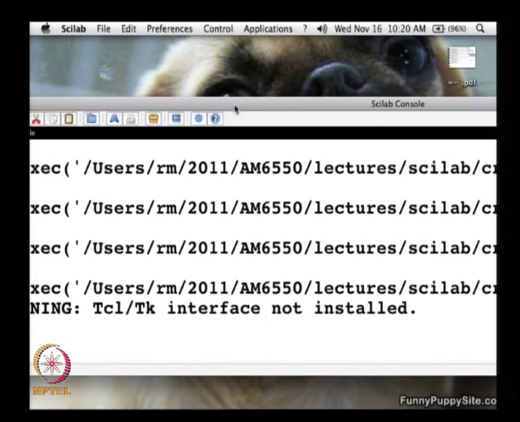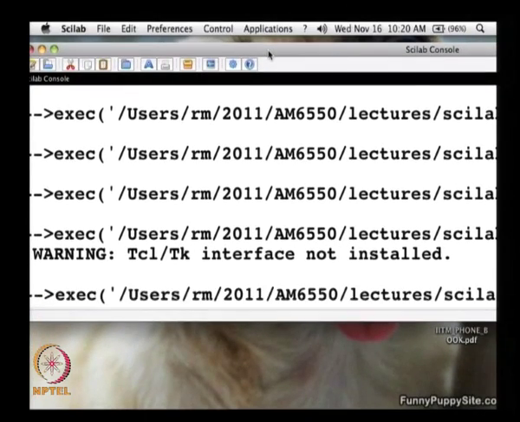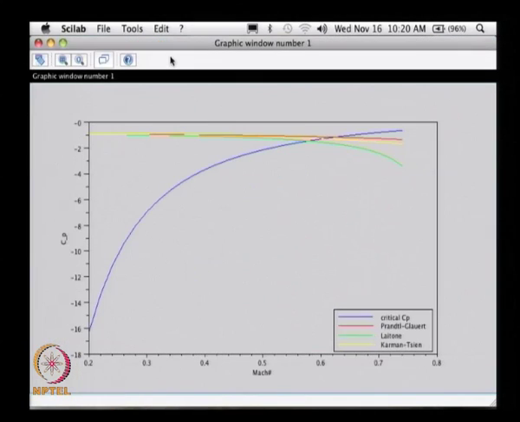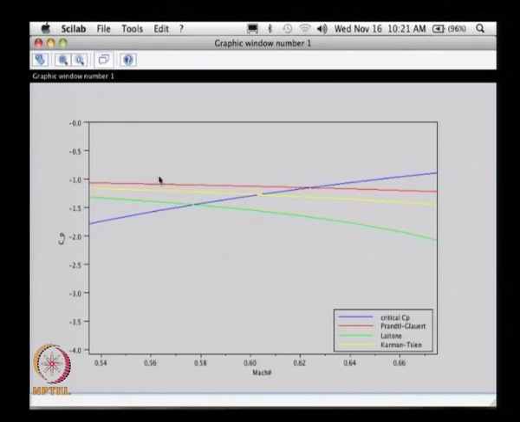So, if I do this, now let us look here. This is basically the critical coefficient of pressure, the blue line, which I just calculated, and the red line here is doing the same with the Prandtl-Glauert equation. The yellow line is using the corrections of Karman-Tsien, and the green is using that of Laitone. Now if I zoom into this area, say,